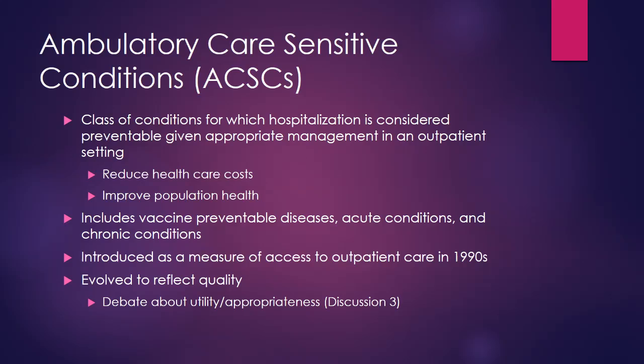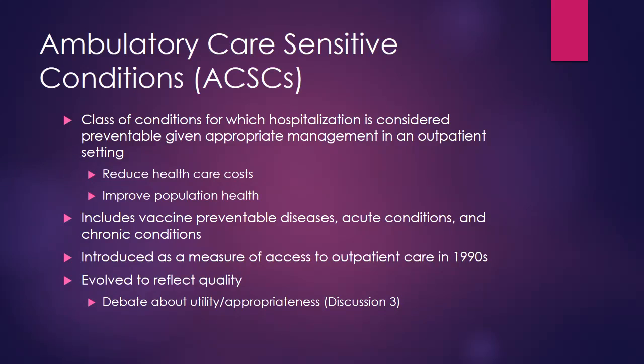We want to measure preventable hospitalizations, but that's a really hard thing to do. It's difficult at an individual level to determine whether or not any one patient's hospitalization was preventable or not. And so that's why these ambulatory care sensitive conditions have moved in to fill that role, because it's a list of things that should be able to be managed in an outpatient setting and shouldn't need to progress to inpatient care. But again, there's debate about whether or not that's actually true,